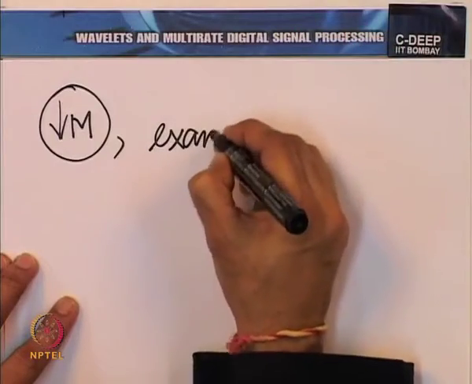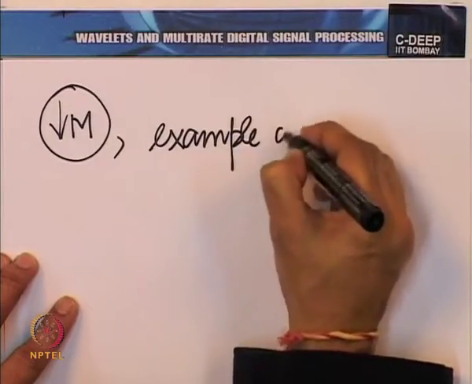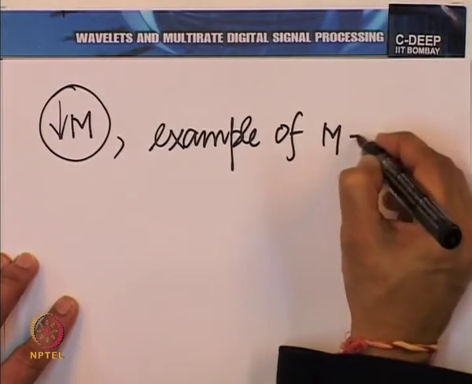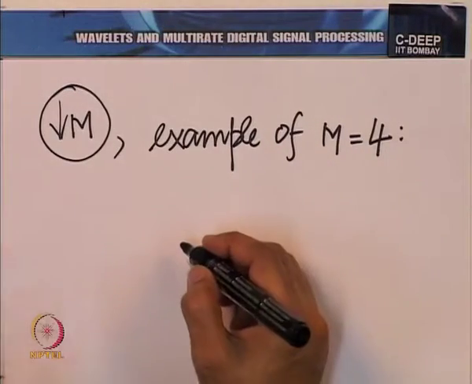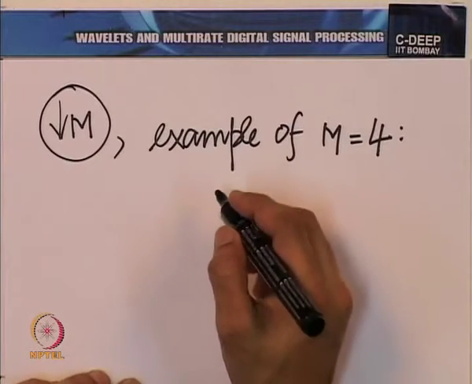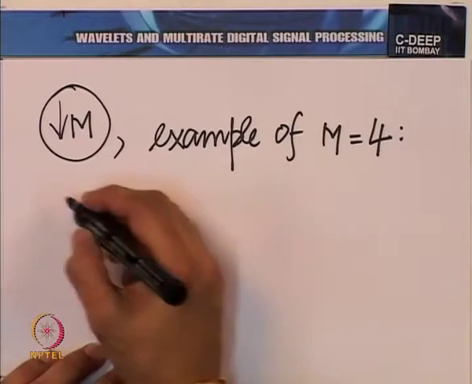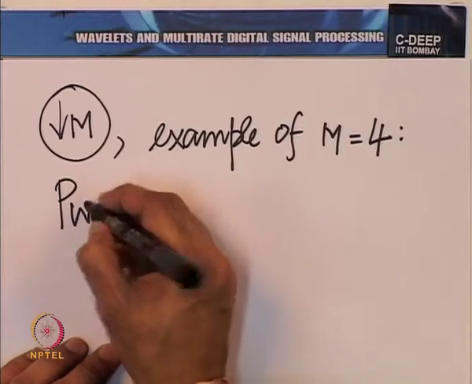But you can have a similar window periodic sequence for downsampling by any other factor. So, suppose you were to downsample by M in general. Again, let us take the example of M equal to 4 this time. Then the corresponding PWN would be